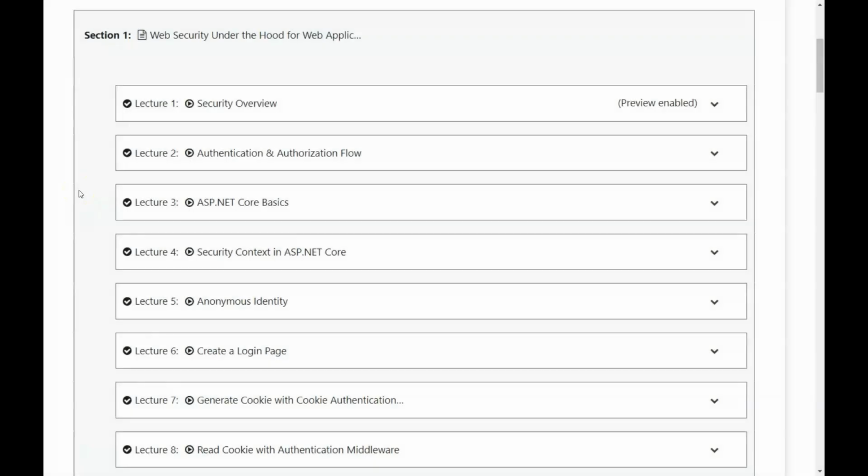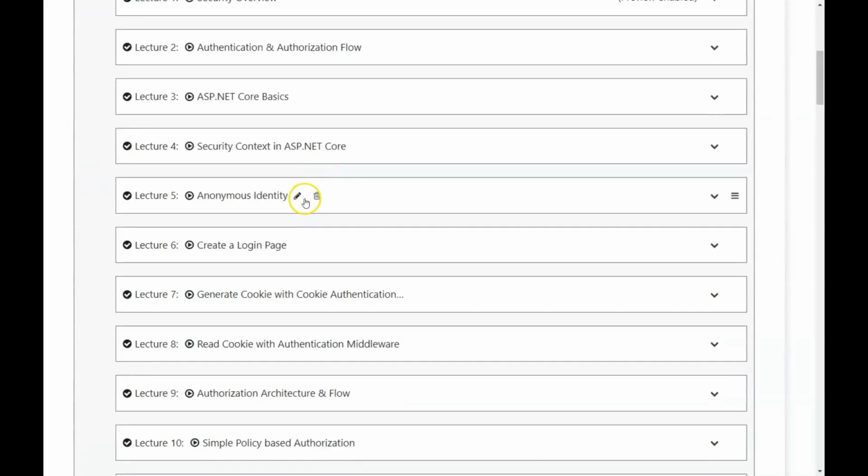In the first section, we're going to look under the hood of ASP.NET Core Authentication and Authorization without using Identity, so that we can have a complete understanding of how ASP.NET Core Identity works, what the purpose of those objects that we're going to use in ASP.NET Core Identity is, and how they achieve what they achieve. So this is really the under the hood section. We're going to learn about security in general, and then authentication and authorization flows. We're going to learn about what identities are, what principals are,